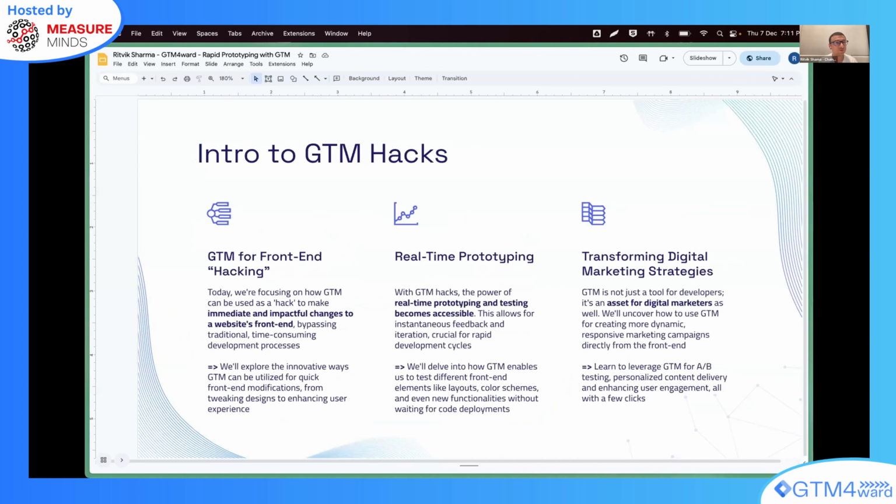I don't know if there is a formal term around it, but the idea is to inject JavaScript code through GTM's custom HTML tag that's available for anyone in GTM and utilize it for front-end modifications on your website, tweaking designs, making CSS changes, updates, or even fixing broken features on your website or hiding something that doesn't work.